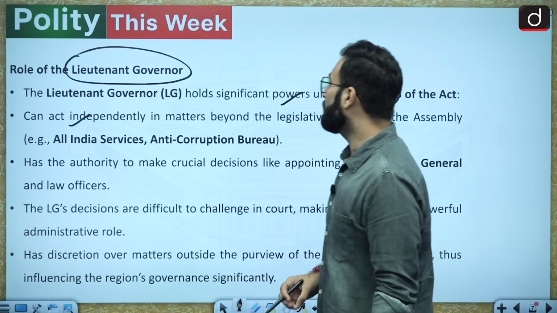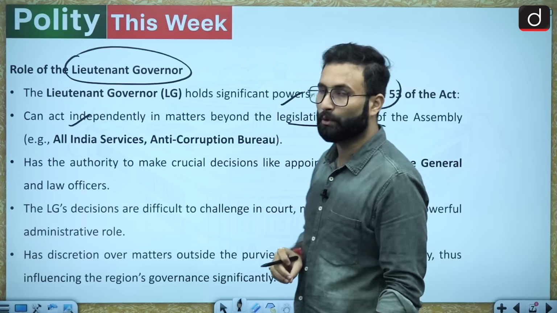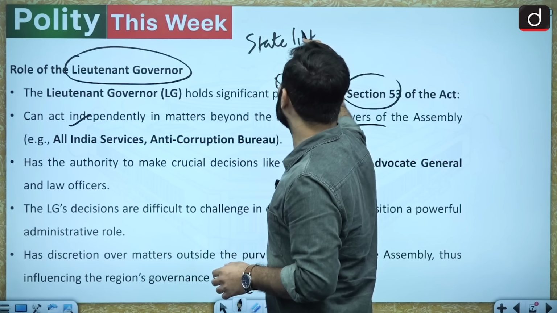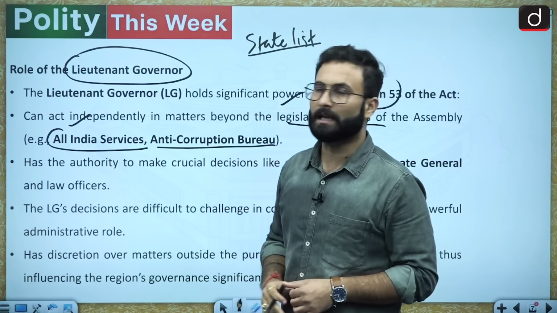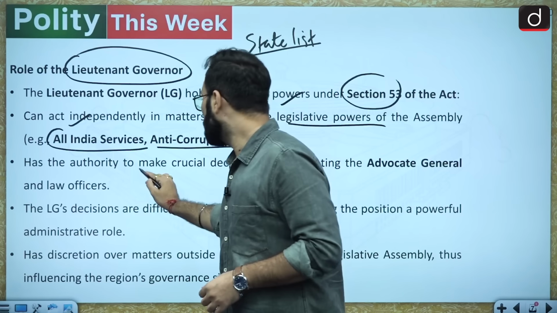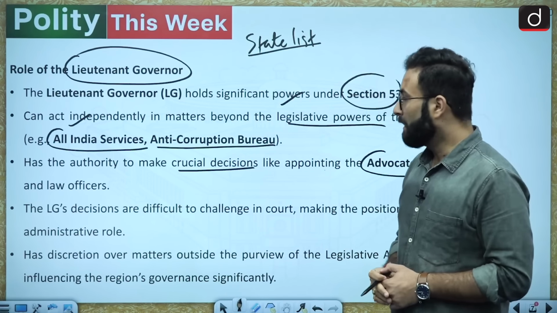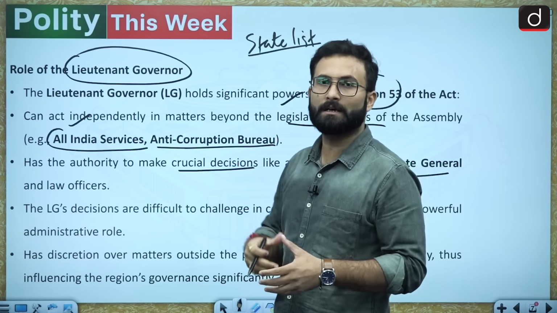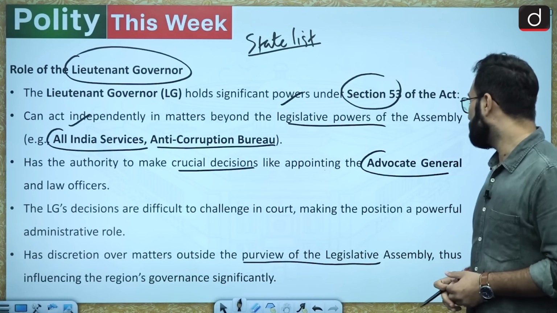act independently in matters beyond the legislative powers of the state assembly, like All India Service and Anti-Corruption Bureau. Okay, more than the state list, whatever is given in the state list, there are certain other areas wherein the lieutenant governor can act with discretion, that is All India Service and the issues related to corruption. Then he has the authority to make crucial decisions like appointing the advocate general and the law officers. Then we have the LG's decisions, which are difficult to challenge in a court of law, so ultimately that makes his post even more powerful. His discretion over matters outside the purview of the state legislative assembly,